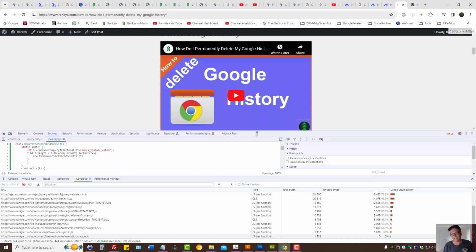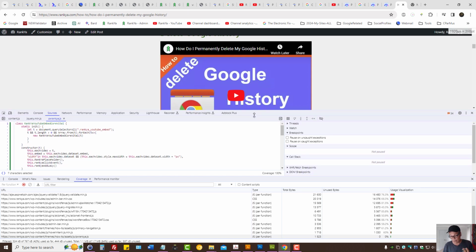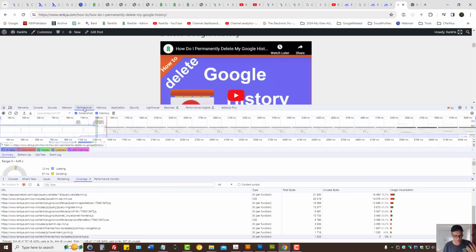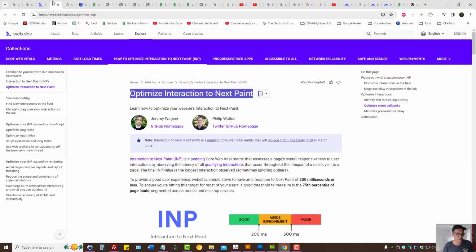I know this is just one example. Probably your website will be different. The interaction points on your website will be different. But one way or another, you can look at the Performance tab. You can look at the Help section as to how to optimize interaction to next page. Basically, you need to identify